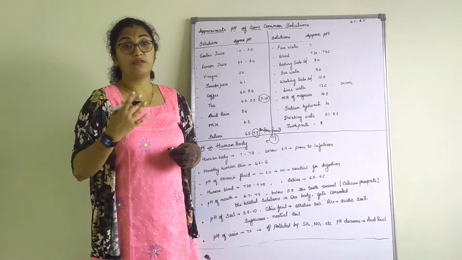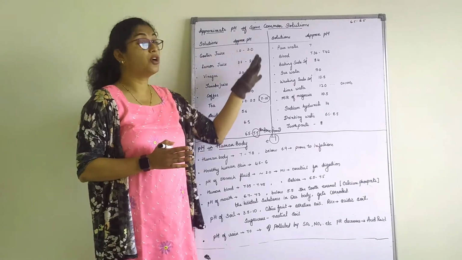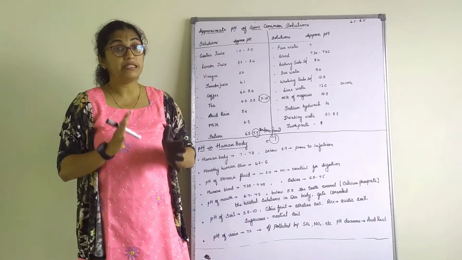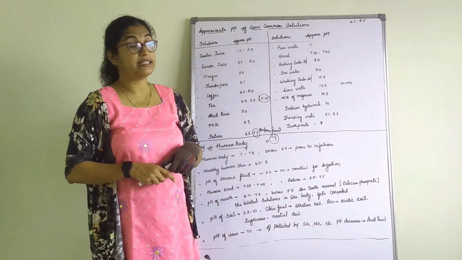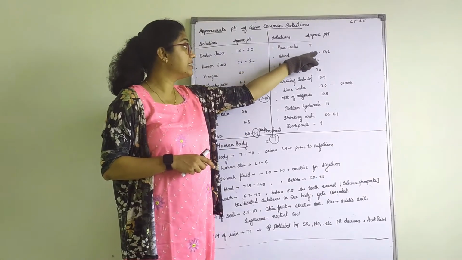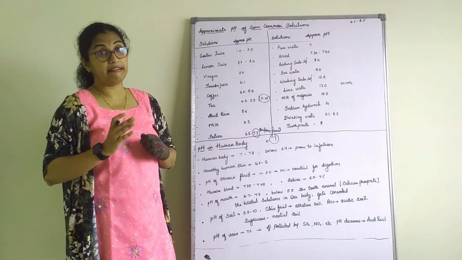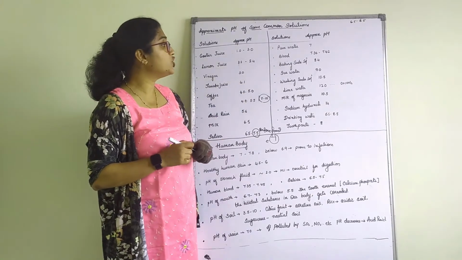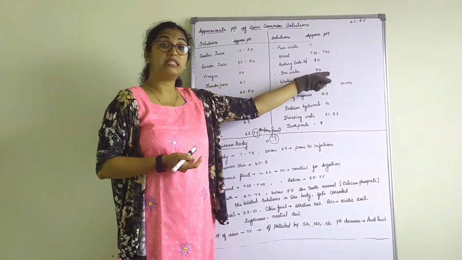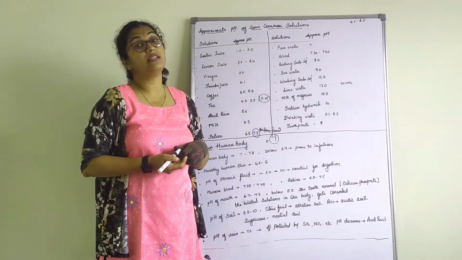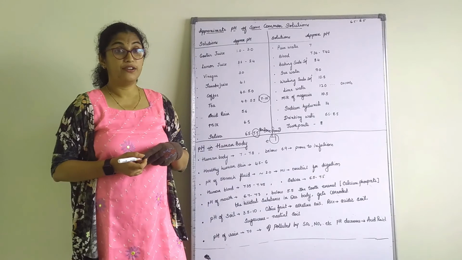Now, pure water is not the water which we get from Aquaguard or by boiling, filtering, etc. Pure water is water which is free from all minerals, which is actually not fit for drinking. The pH of pure water is 7. The pH of our blood is 7.36 to 7.42, which means it is slightly alkaline, it is a base. The pH of baking soda is 8.4. Seawater is 9. Washing soda solution is 10. Lime water, calcium hydroxide, is 12, right?